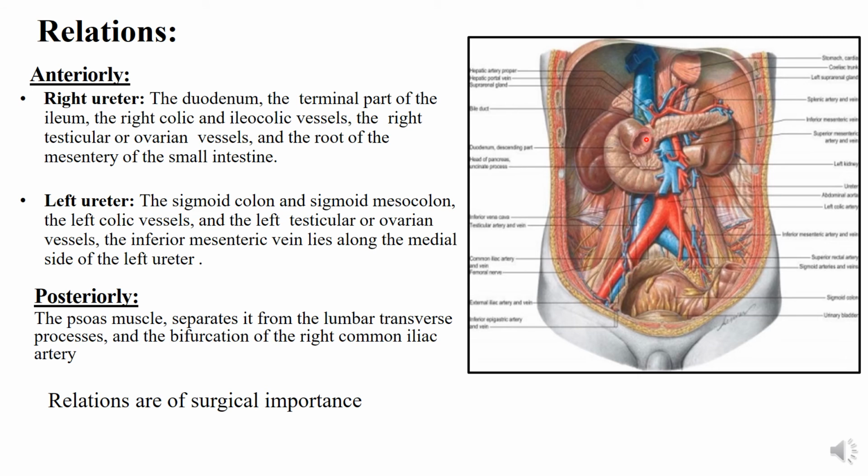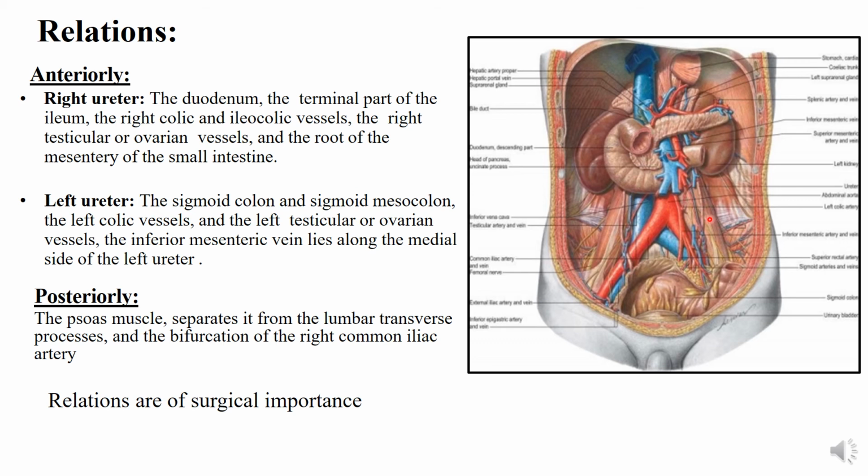The right ureter anteriorly is related to the duodenum, the terminal part of the ileum, the colic and ileocolic vessels, the gonadal vessels, and the root of the mesentery of the small intestine. While the left ureter is related to the sigmoid colon, the sigmoid mesocolon, the left gonadal vessels, the inferior mesenteric vein,